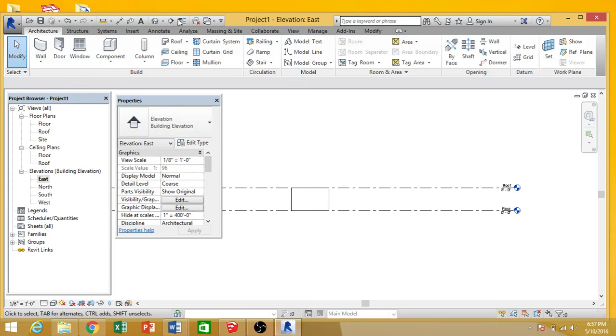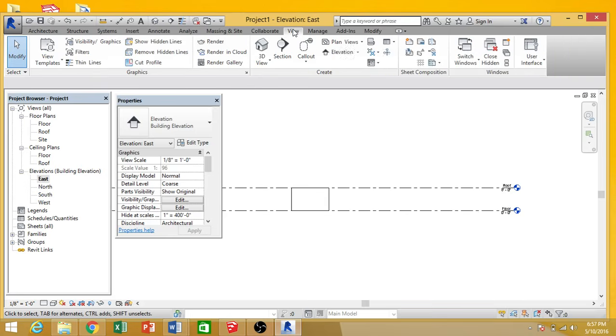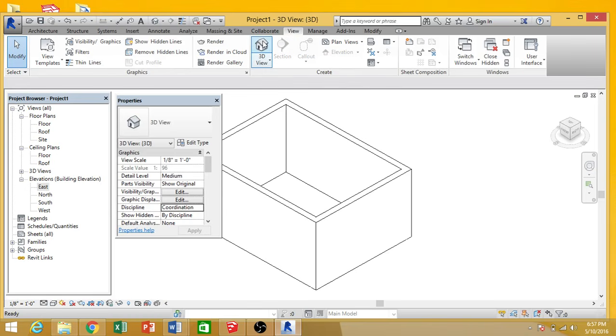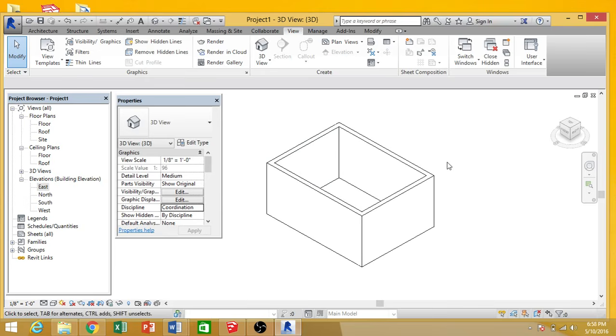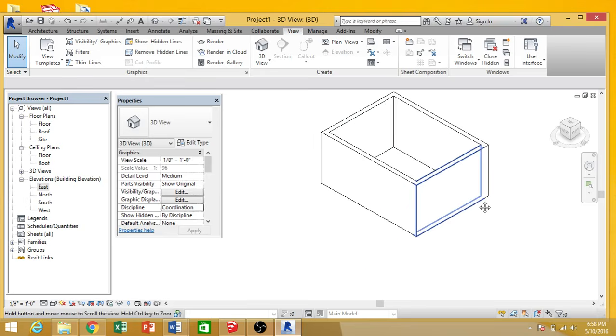Alright? Another thing that we want to do, we want to be able to look at this as a 3D model. So, up at the top here, let's go to our View tab. I'm going to click on View. I'm going to click on 3D View. Here is our 3D view of the box that we just made. These are our walls. They are 8 feet high,